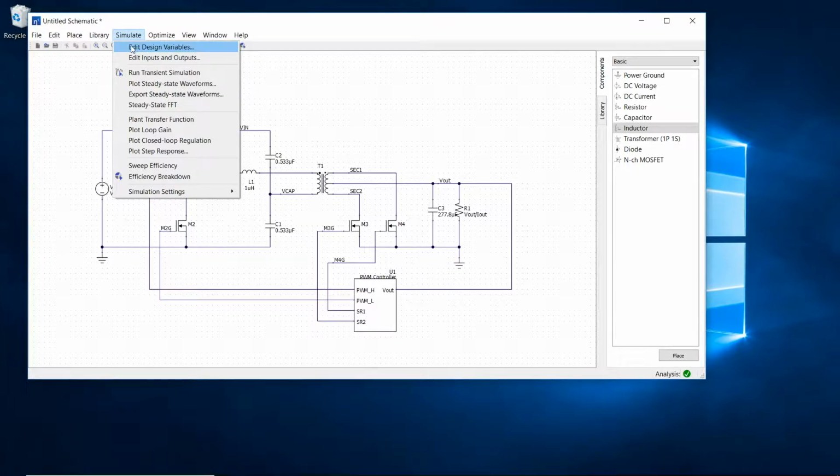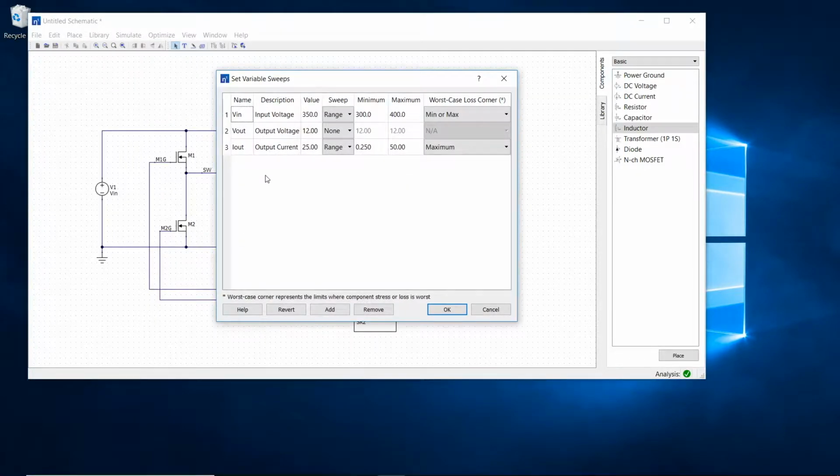To create design variables, choose Edit Design Variables from the Simulate menu. The project comes with 3 default variables: input voltage, and output current. I'll add a few more variables. First variable will be for the resonant frequency. I'll set a default value of 300 kHz and choose linear range from 200 kHz to 400 kHz to allow